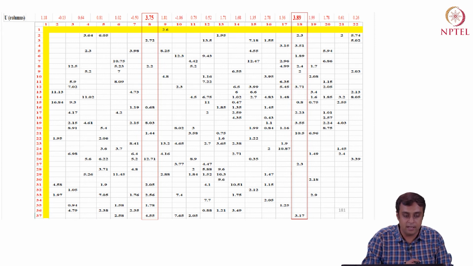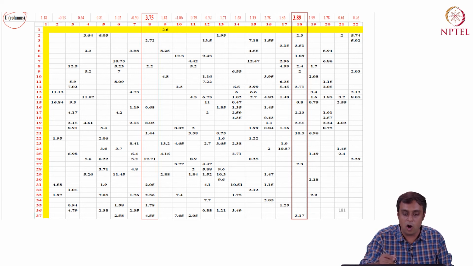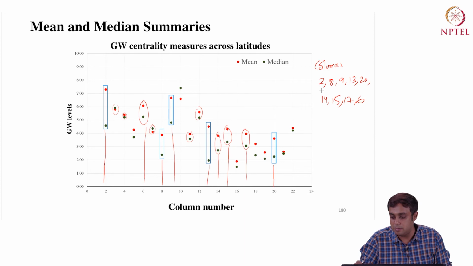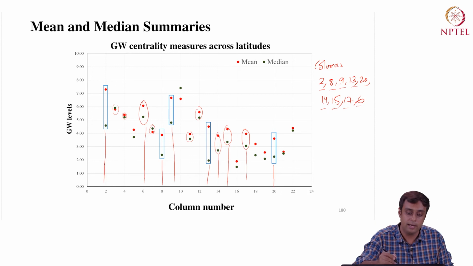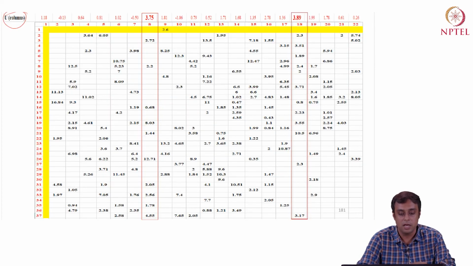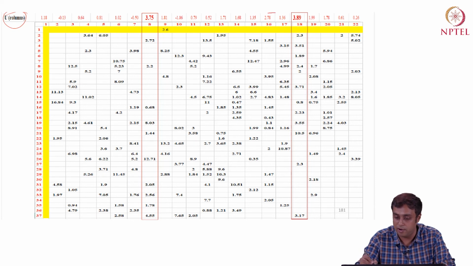Okay, I'm back to my data set. So here what I am providing you is a U statistic for columns. For columns, if I go back, what seemed problematic was 2, 8, 9, 13, 20, 14, 15, 17, 6. So 1, 2, 3, 4, 5, 6, 7, 8, 9 columns looked problematic visually. Let's go back and look at the U statistic and see which ones are actually problematic. It turns out most of the columns are fine. There are only 2 columns and maybe one more right here, which is 2.78, which I should probably pay attention to.